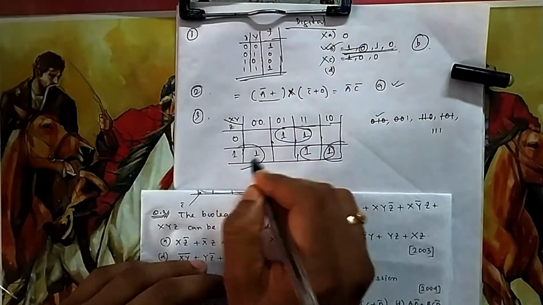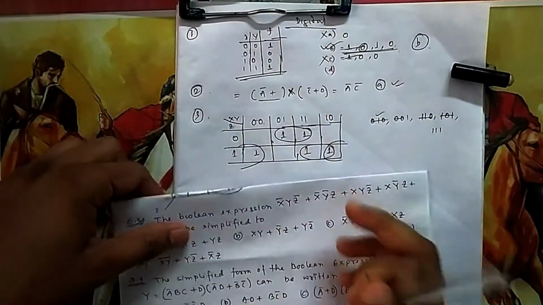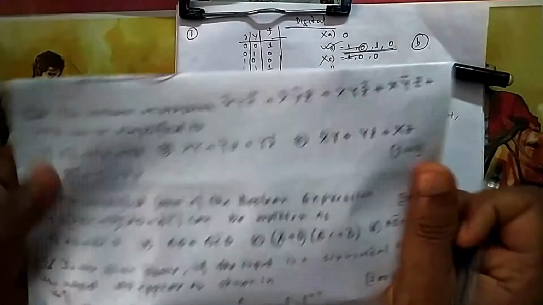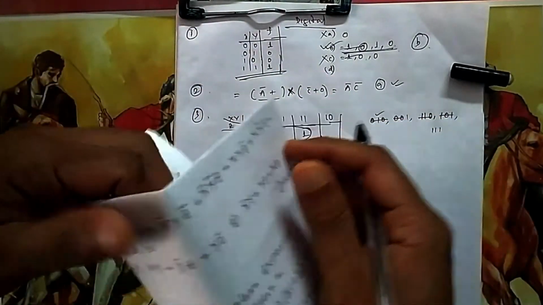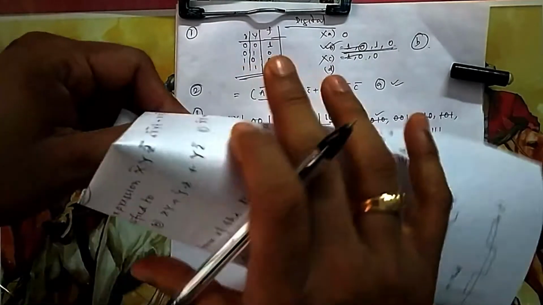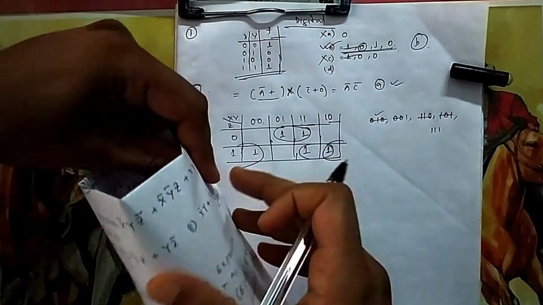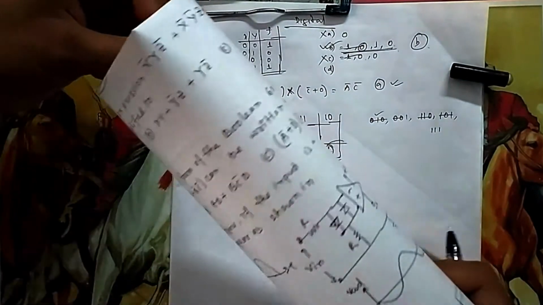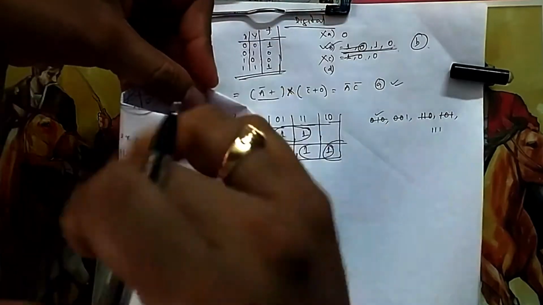And what about your K-map? Do you know one thing I want to mention here? K-map is not a flat map. It is a round shape. The last one is coming with the first one. This is the K-map. You put 1, 1, 1, 0, 0, 0, 0. This is your actual K-map; because I am doing it in the copy, that's why it is flat. In your book also it is given flat, but the actual K-map is a round shape.